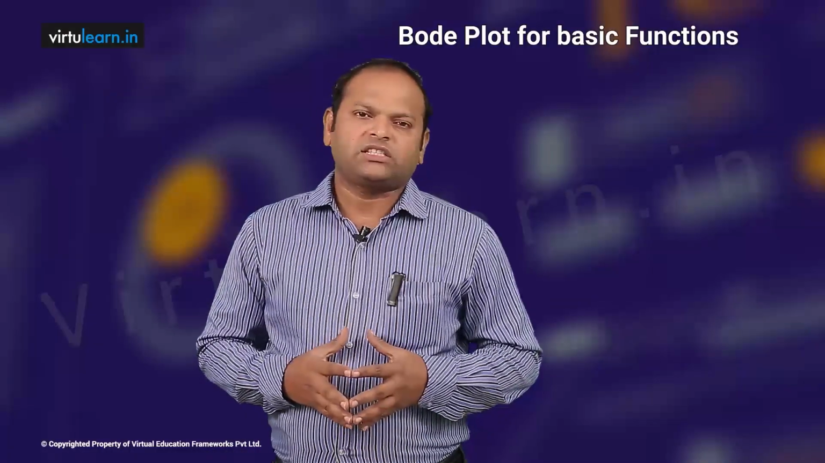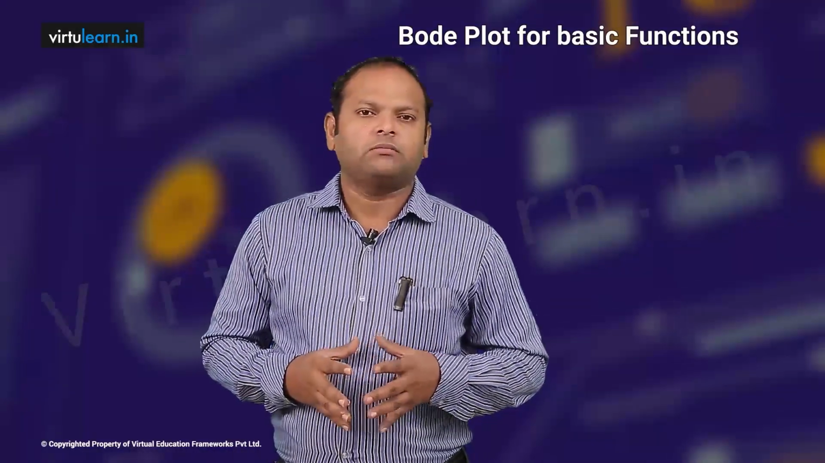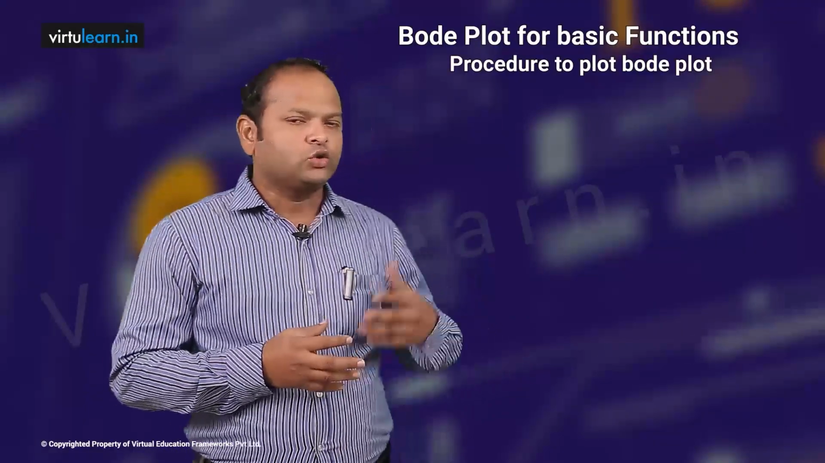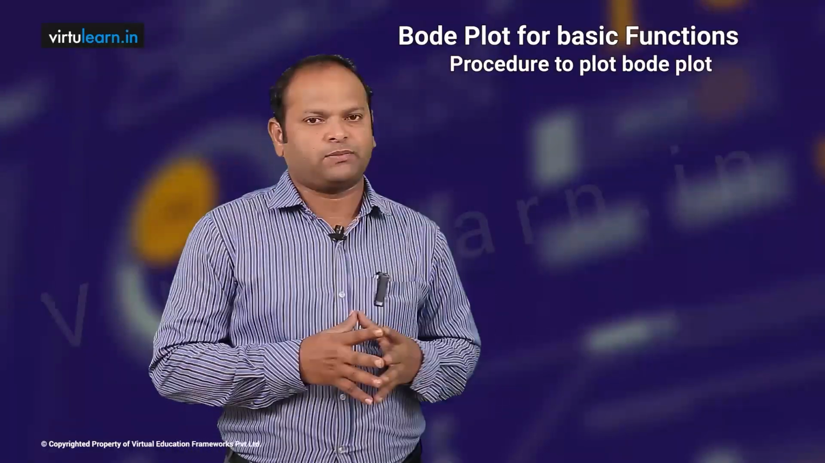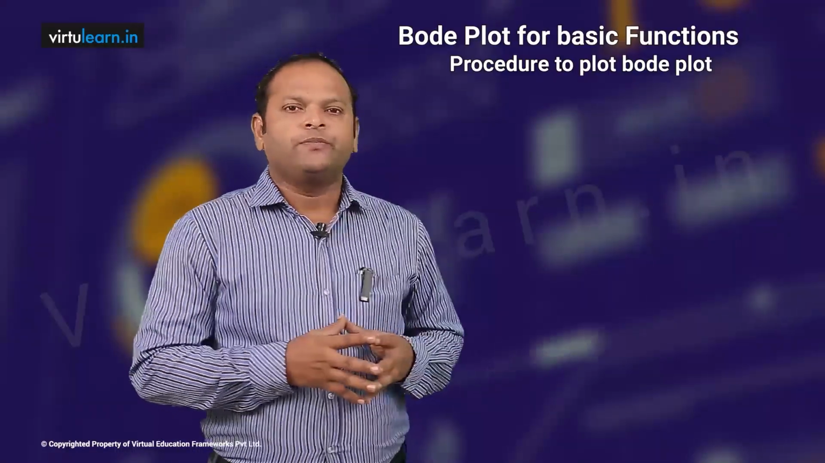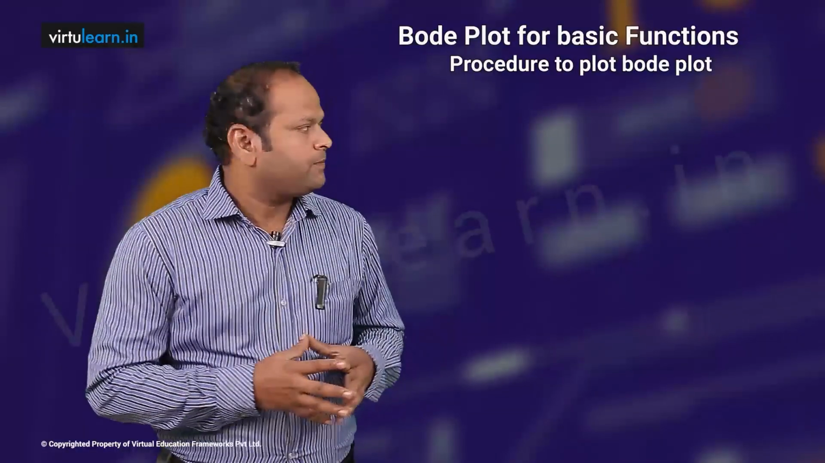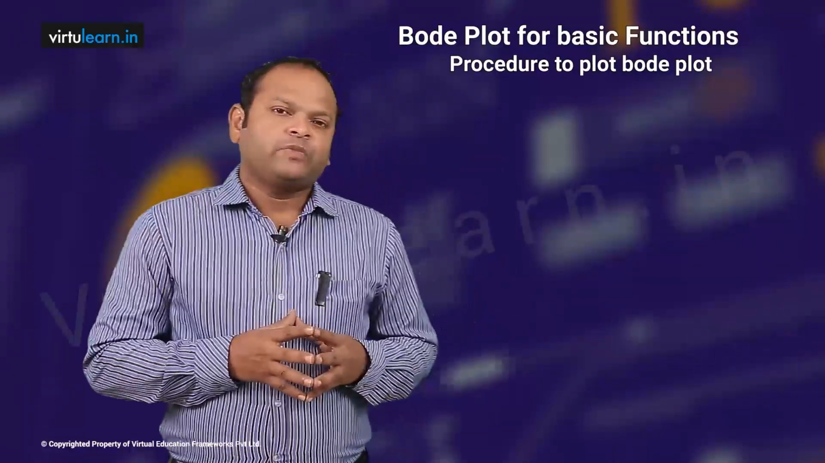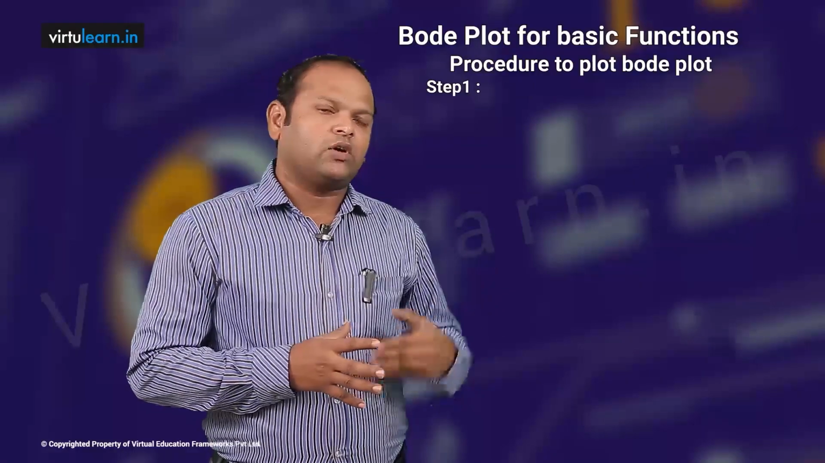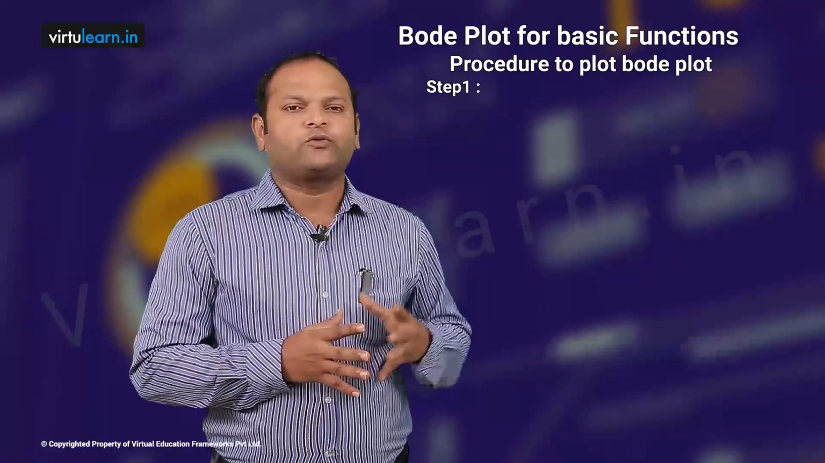Now we will see the step-by-step procedure to draw the Bode plot. As we know, the Bode plot has two plots, magnitude and phase plots. First we see the steps to be followed to draw the magnitude plot. Step number 1. We know that the Bode plot is drawn for the open loop transfer function to find the stability